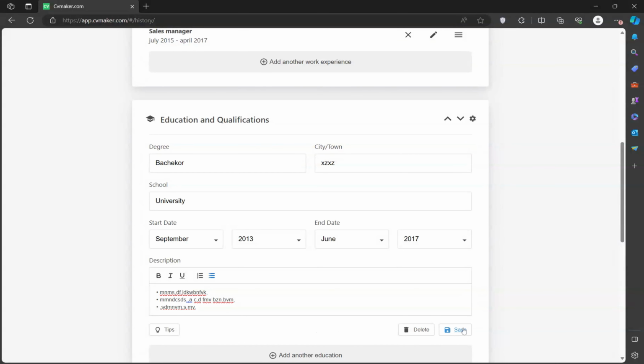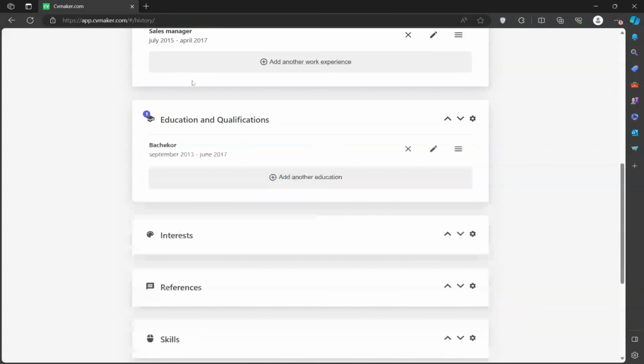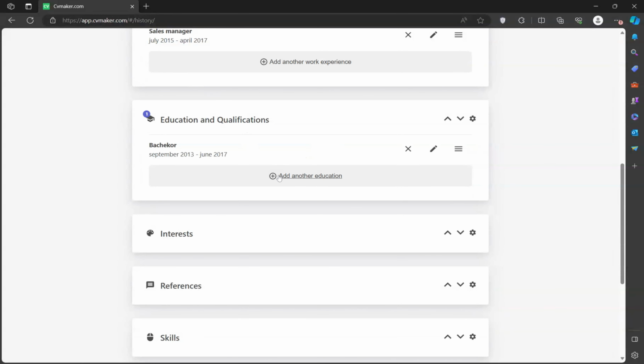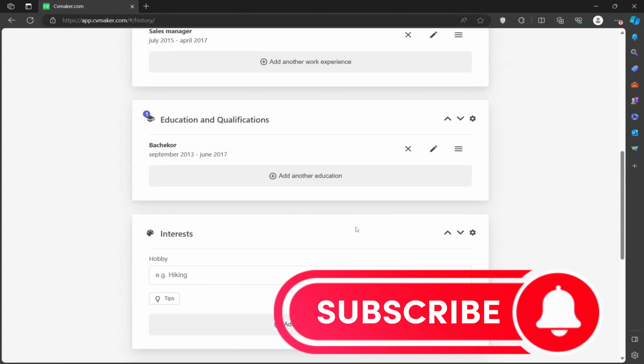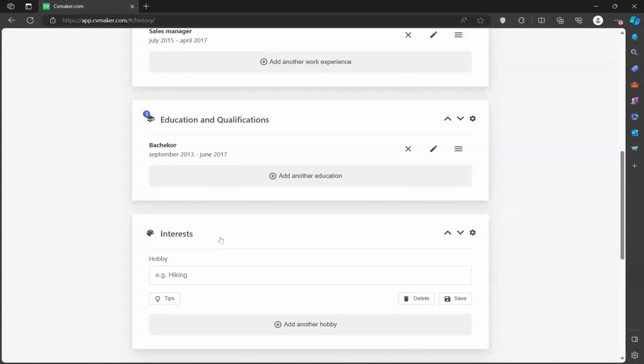Then you save it. This is for the educations. If you have any courses, anything that can add value to your resume, just put it here. Then you go to the interests. This is not really important, so we're gonna skip it. So normally employer,